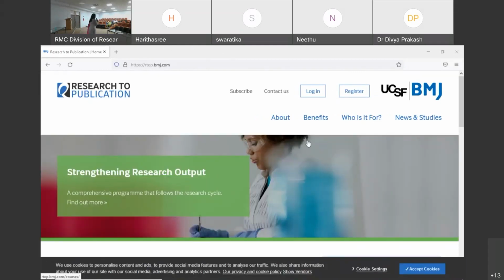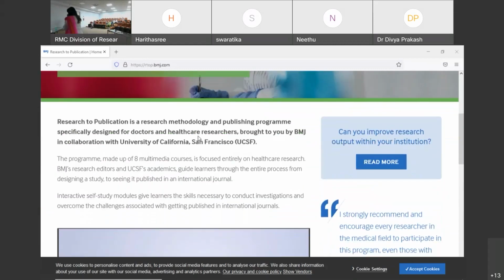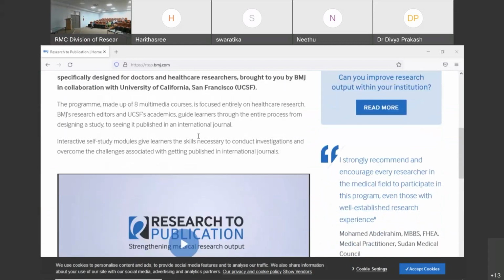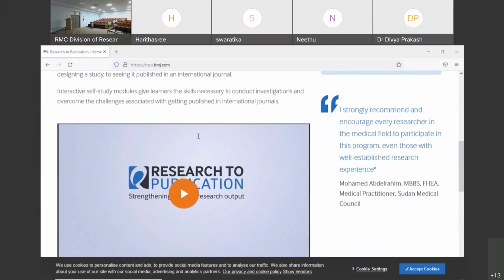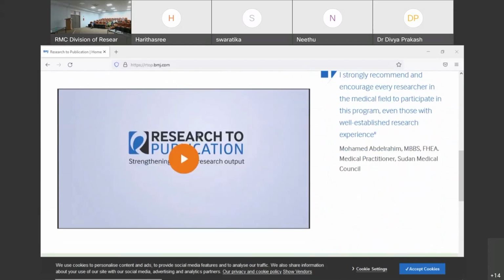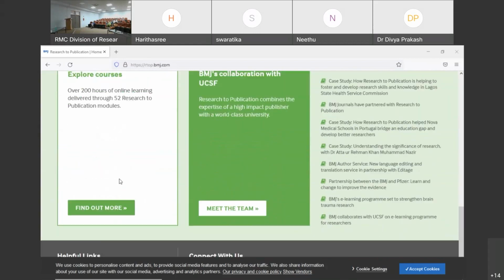Journals. And that is the reason we felt the urge to come up with a publishing program. This is the website. It's called RTOP, which is a short form for research to publication, rtop.bmj.com. I'll come to that part again, but let me first give you an overview about this resource. So as it says, this is the publishing program, and what this platform has to offer you is